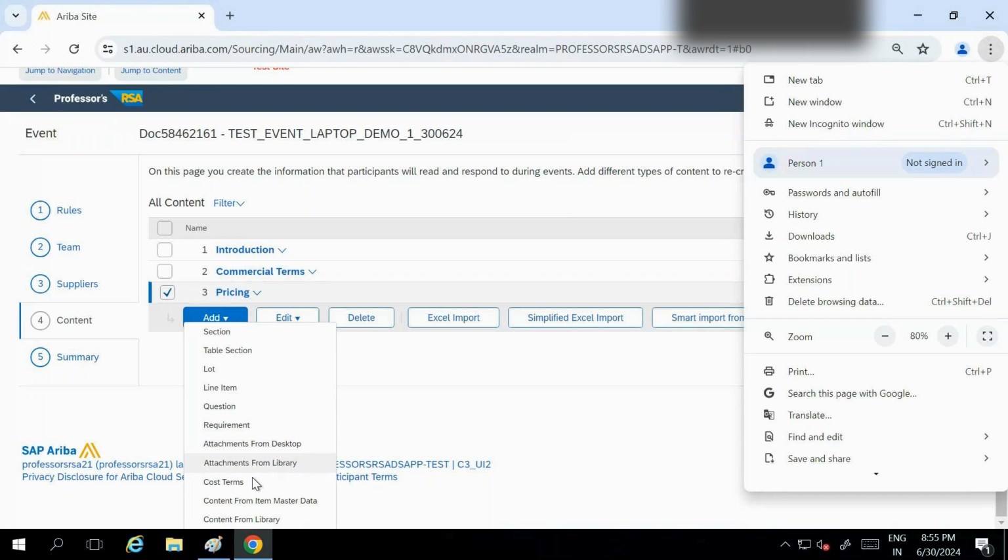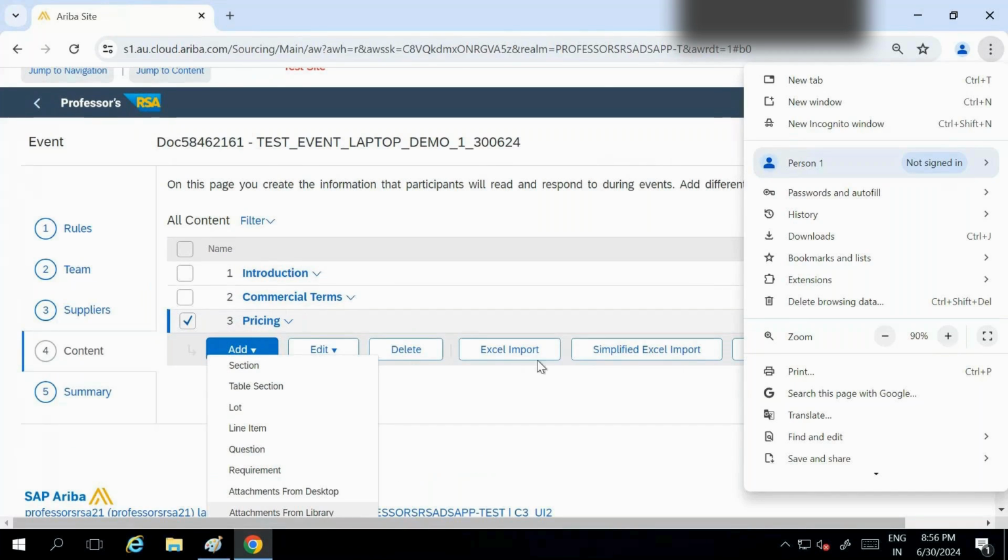So what will happen, whatever you have mentioned in your PR, whatever line items you have created, the master line item, that will automatically come here. So laptop, whatever line items, quantity you have put, delivery expected date you have put, then your taxation you have put, all these things will be here automatically along with that sourcing request. So now we don't have that. So what we have to do, we will create our own.